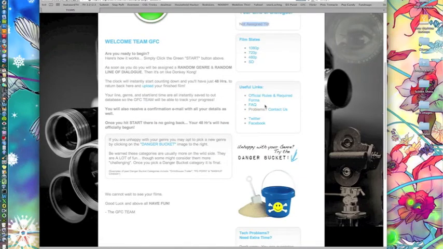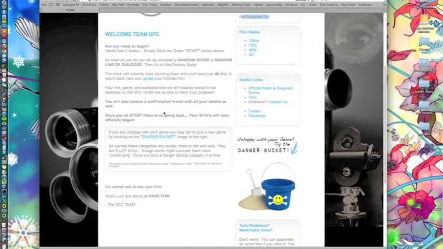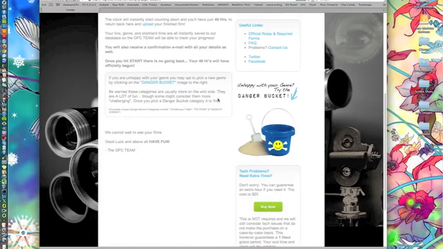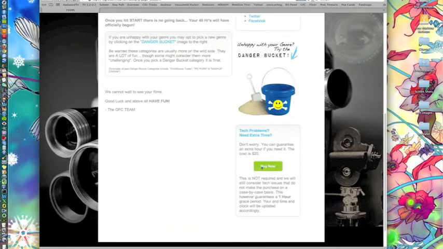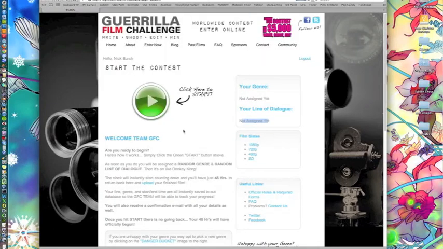We've got some useful links here. Got the infamous danger bucket below that. More on that in a moment. And a bunch of verbiage explaining everything, which I encourage you to read before you hit the button. New this year, we also have an extra time option, and I'll get to that in just a moment. Okay, so let's go. Let's push the button.